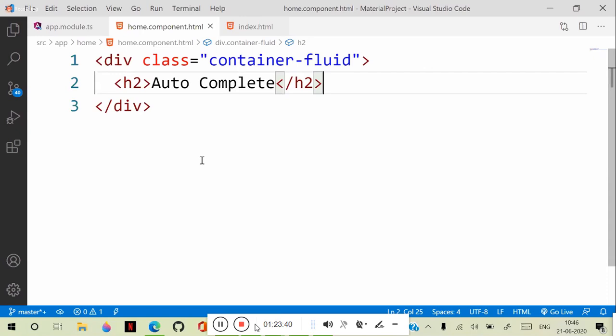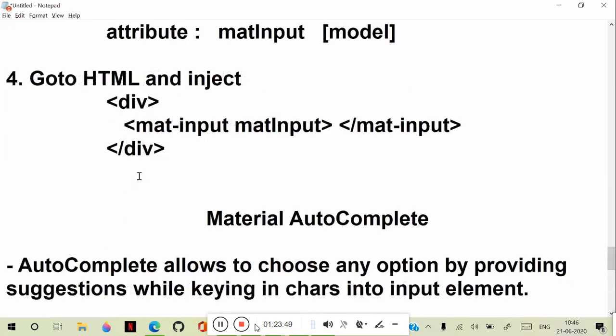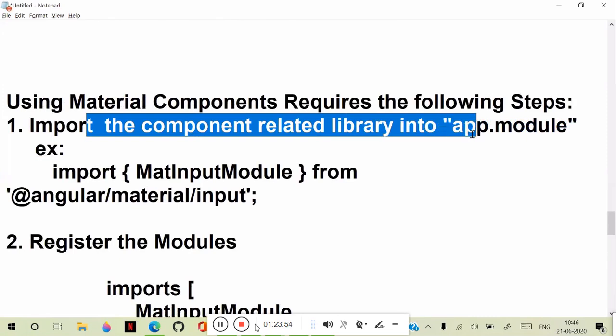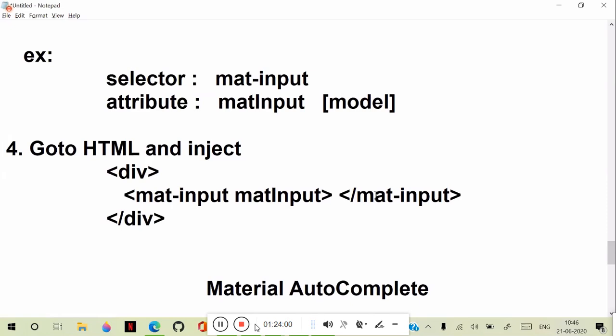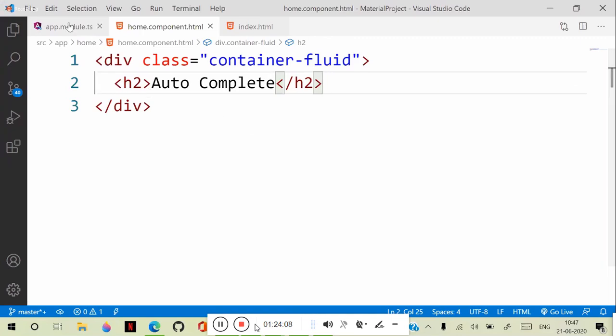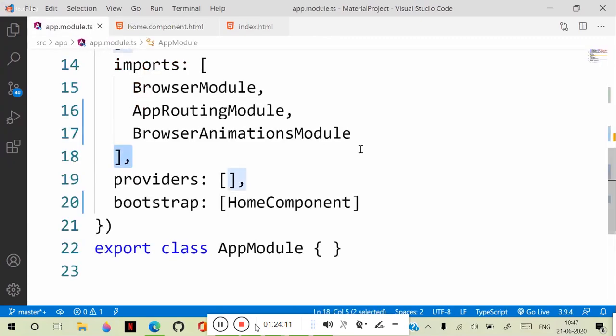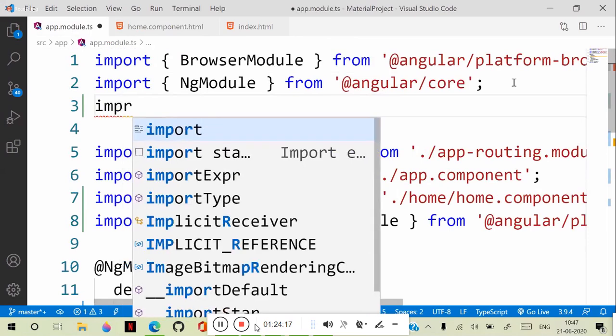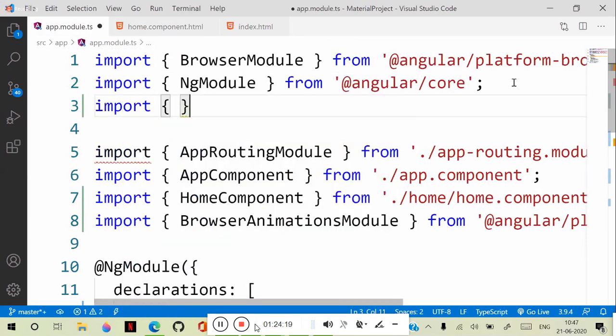The first step we need to do, in order to use the components that you want, is to import the component related library into app module. You have to import the component related library into app module. So I will show you here. Let's go to appmodule.ts. In appmodule.ts, first we will import from